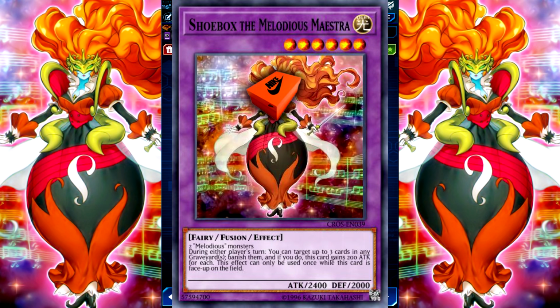During either player's turn, you can target up to 3 cards in any graveyard and banish them, and if you do, this card gains 200 attack for each. This effect can only be used once while this card is face up on the field. So basically this card is a 3000 attack monster whenever you want it to be, and has the added bonus